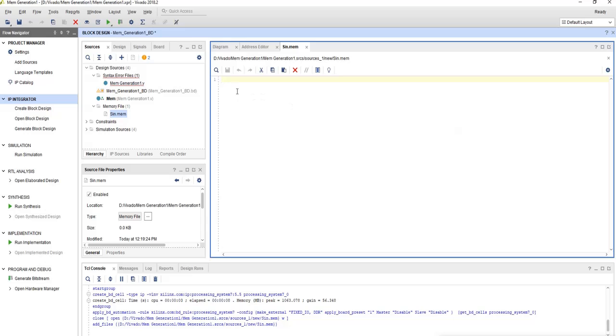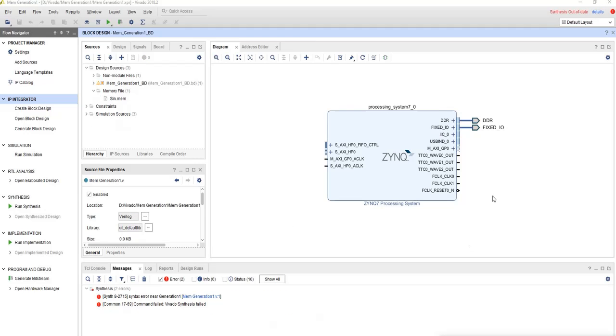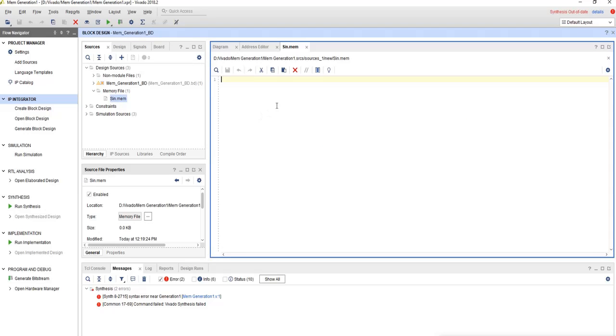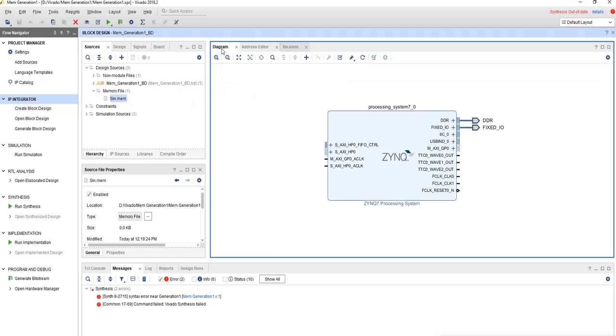Now open it, as it does not have any data. So we'll have to put random data or whatever. Let's see, we'll fill it with a lookup table of a sine generator. Right now we don't have any data, so we'll fill it with the lookup table of sine, so that we can see the output, as our project code will be reading the data from that sine.mem memory file. Okay, so first of all, again go to the block diagram.